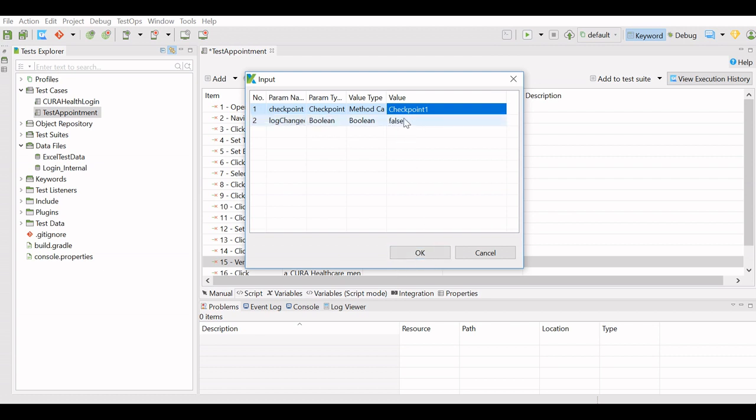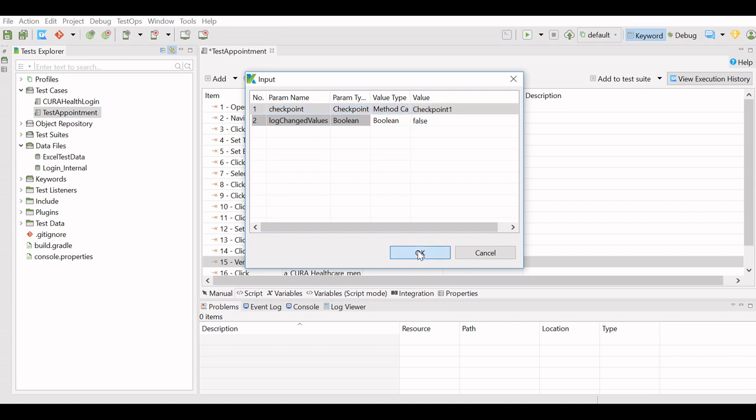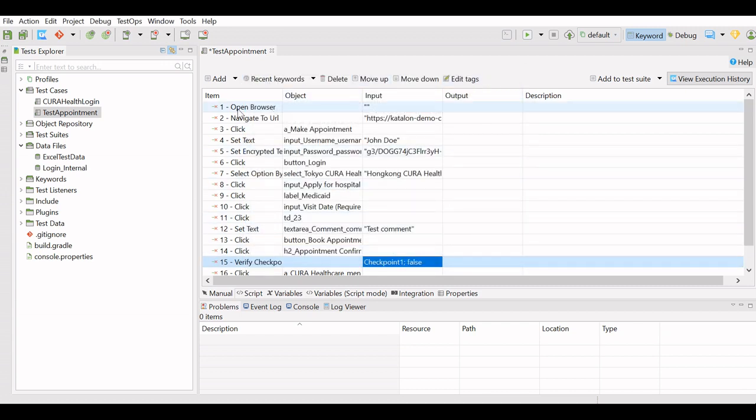I will tell you the meaning of this false and true. This is log changed value, which is boolean, and it is false for now. We will change this to true and check what happens. I will say OK, save, and we will execute it.